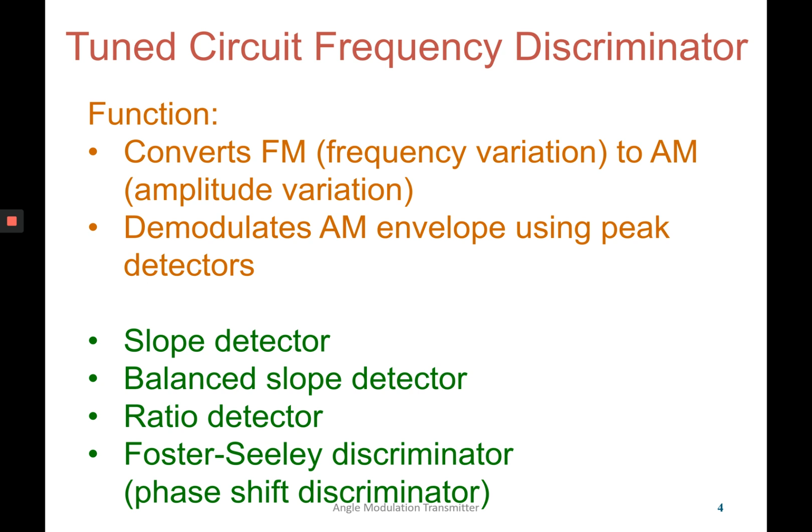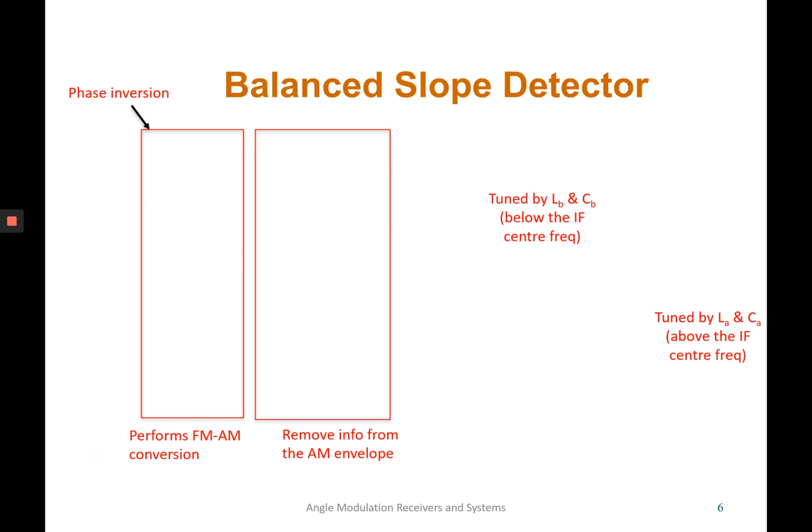So for the tuned circuit frequency discriminator, there are 4 types of detectors mainly used for FM receivers. First is the slope detector, and then the balanced slope detector, the ratio detector, and lastly the Foster-Seeley discriminator, or what we call the phase shift discriminator. But in this video, I only explain the first 3 detectors. So for the slope detector,